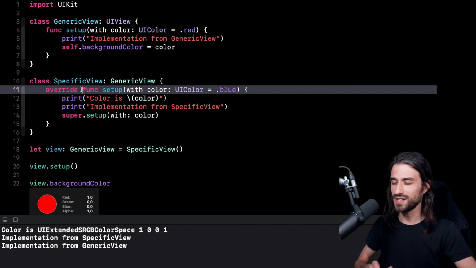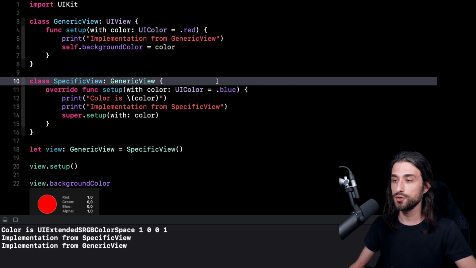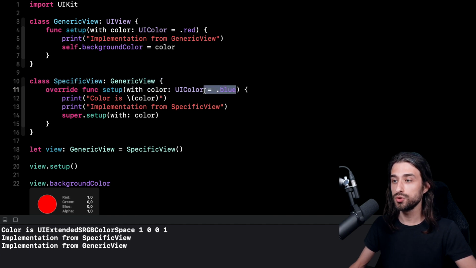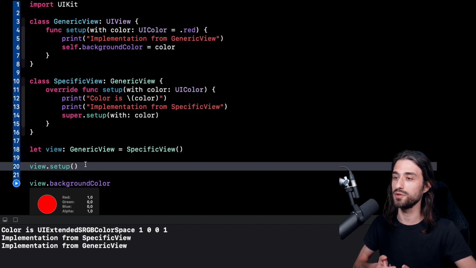So what lesson can we actually take from this explanation? Well, the lesson here is that even though in Swift we are able to override method implementations, we are not able to override default values for arguments. So whenever you override a method in Swift, you should not attempt to provide a different default value for one of its arguments, because most of the time, if your call site uses polymorphism, it's not going to work the way you think, and it's almost guaranteed to bite you at some point.